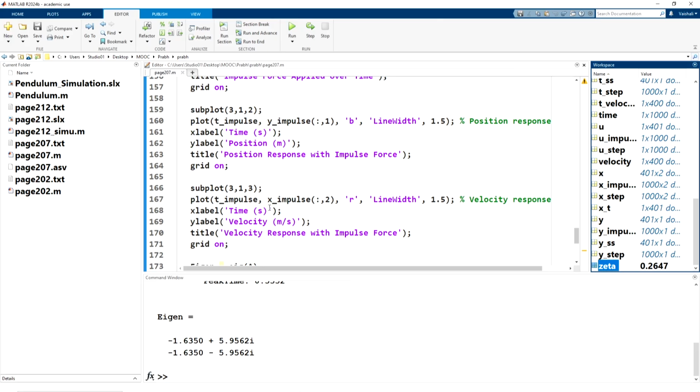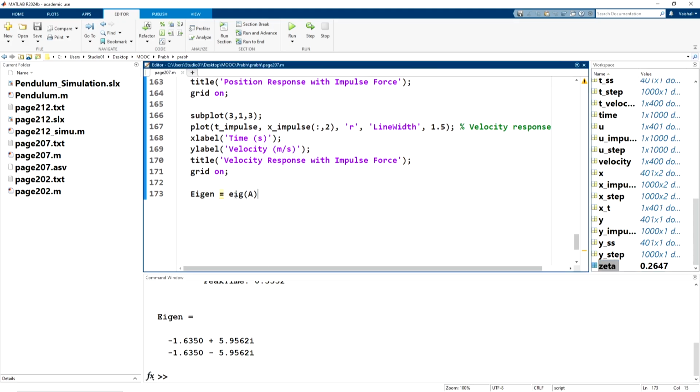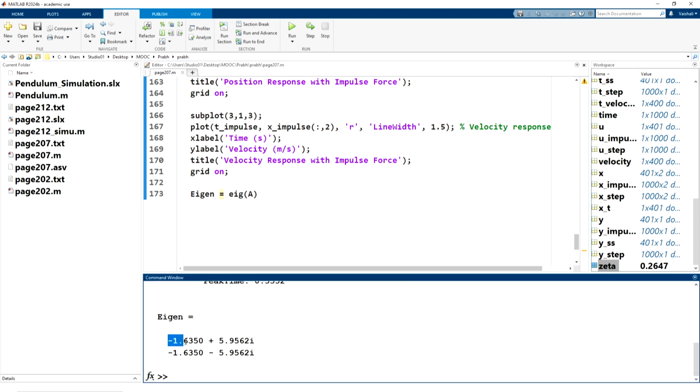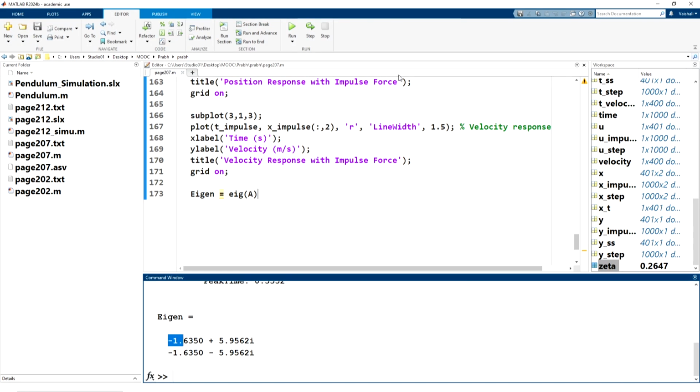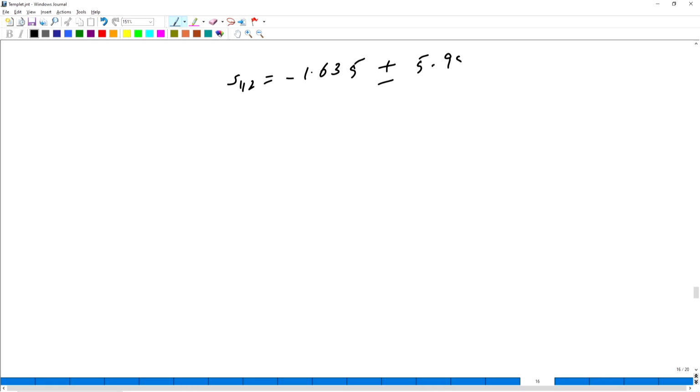So that we can check directly again in MATLAB. I've already entered the command. The syntax to check the eigenvalues is eig of A, and here we obtain minus 1.635 plus or minus 5.9562 i.